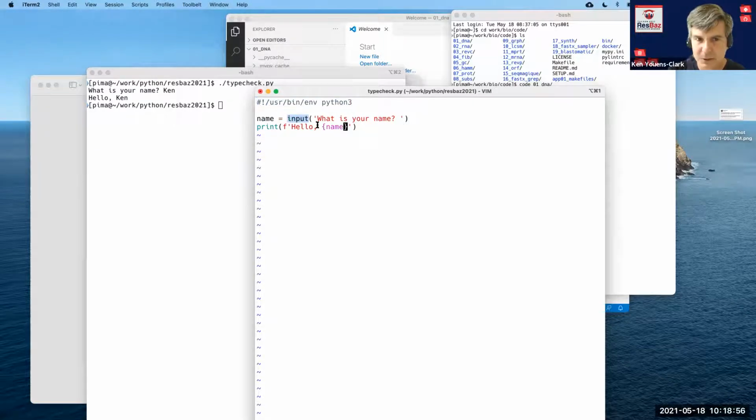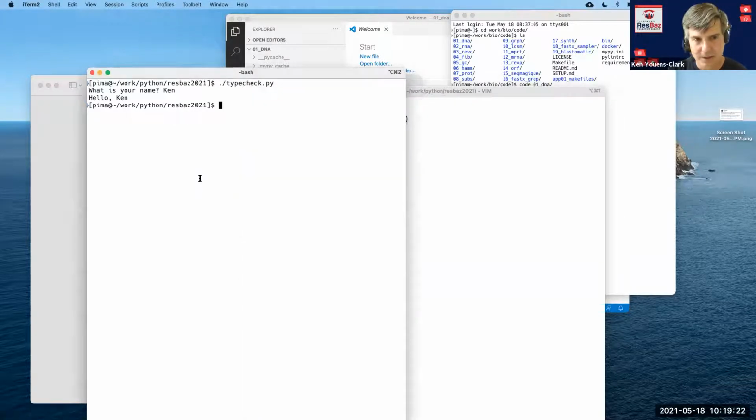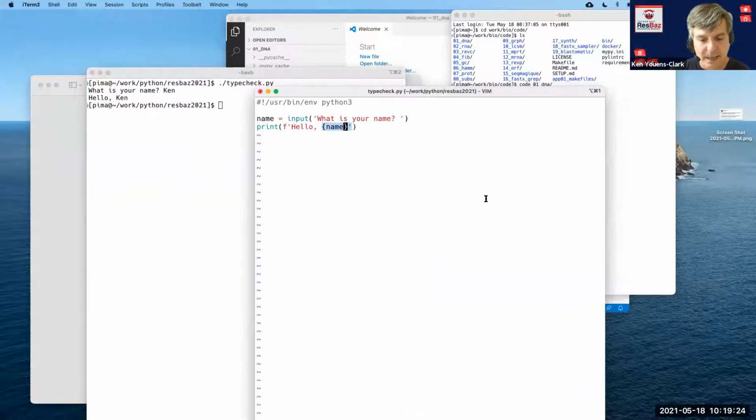And then I'm using the input function to get your name. This is the prompt that is put to the screen, and then the result is put into the name. And that's going to be a string. Everything that comes from the input line is a string. And then I can print this using an F string, which I'll talk about in a minute. And I can interpolate this variable inside here by putting it in squiggly brackets. So it runs, and hopefully everyone understands that. If I do something completely silly, like try to divide the string by 2, that's just an illegal operation.